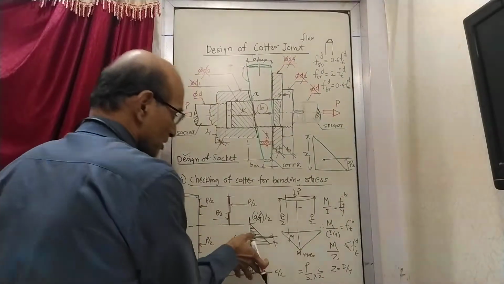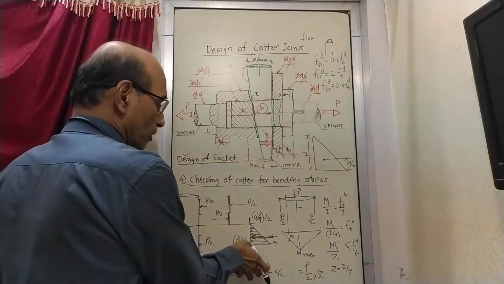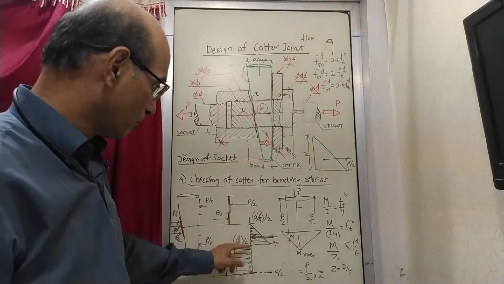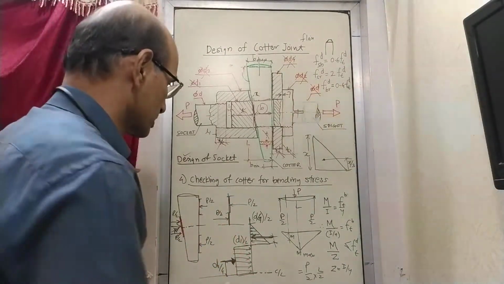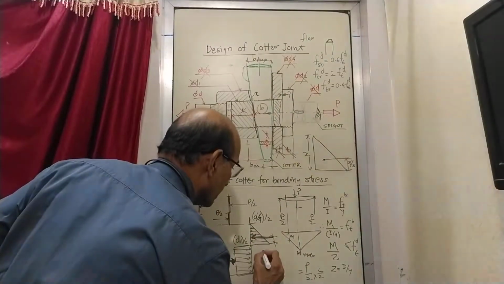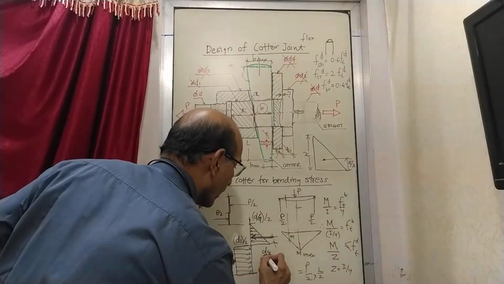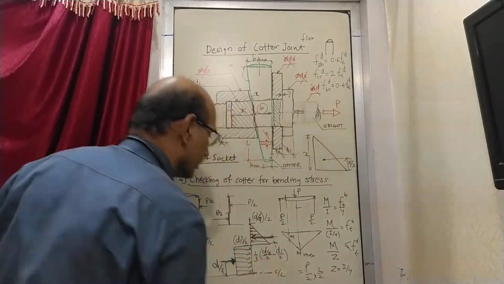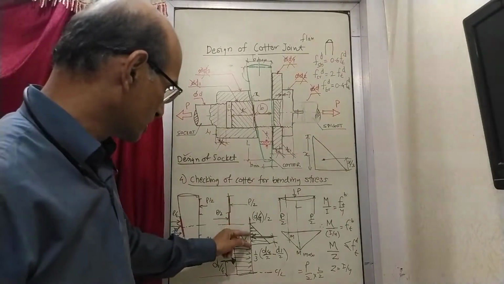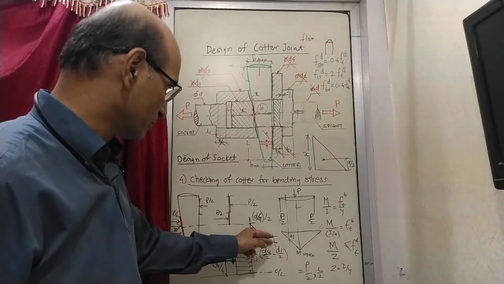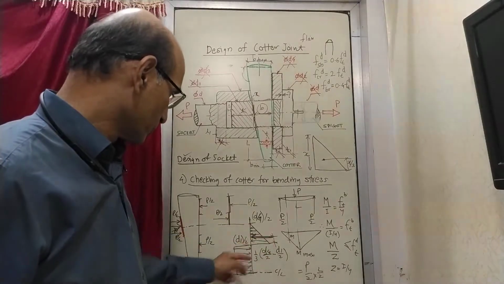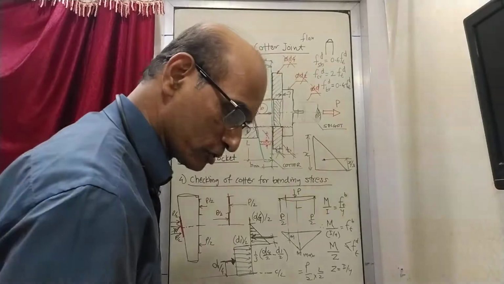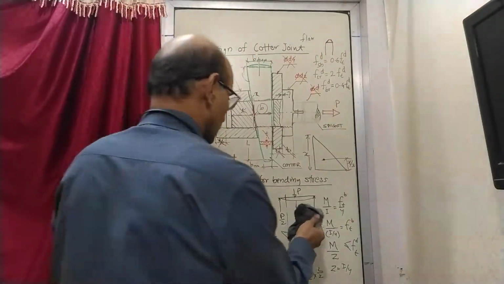This distance is D4 by 2 minus D1 by 2. D4 by 2 is this much, minus D1 by 2. That is the distance, and then 1/3 of that. So I will write here D4 by 2 minus D1 by 2, and 1/3 of that. This is the distance, and 1/3 of that distance is this. Okay, so now we know this, but we want to now, one minute, I have to create some space so that we can write this further.